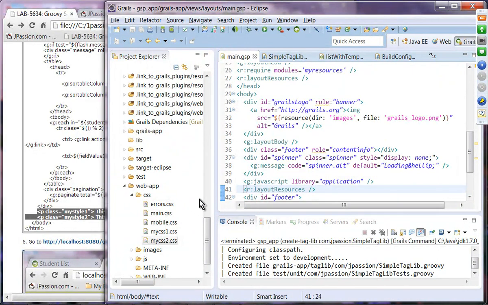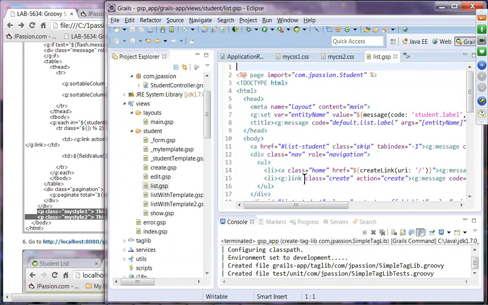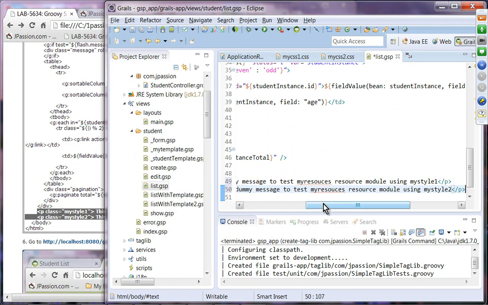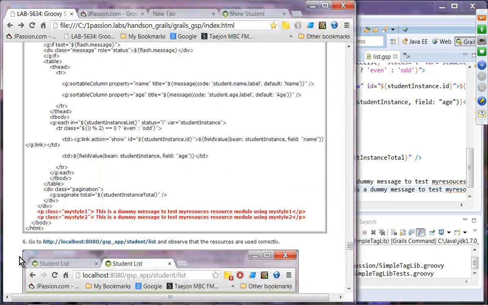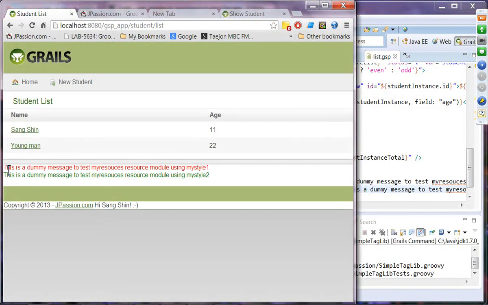So I want to go to here, and at the end I want to just add these 2 paragraphs using my styles. Okay, all right, now I'm going to go to the list of all the students. Okay, now you can see these two paragraphs are being displayed using the styles that I have defined